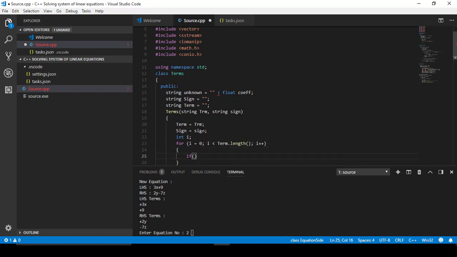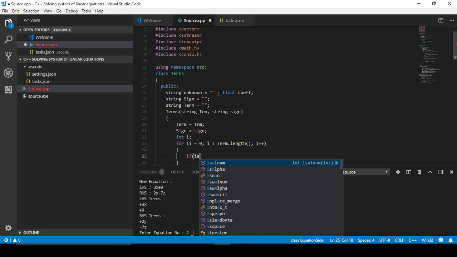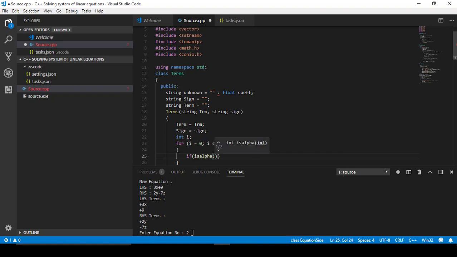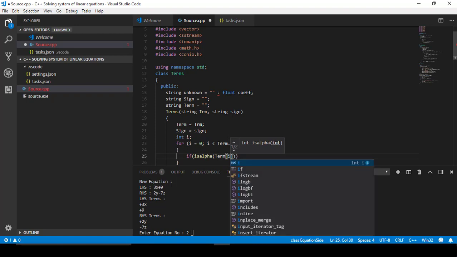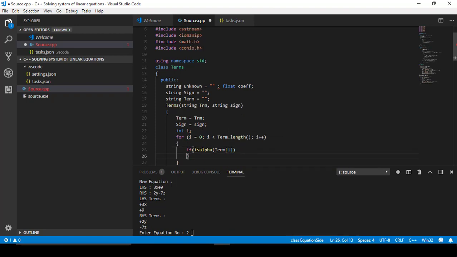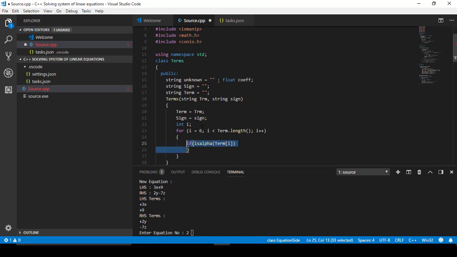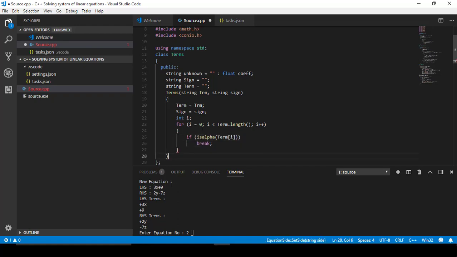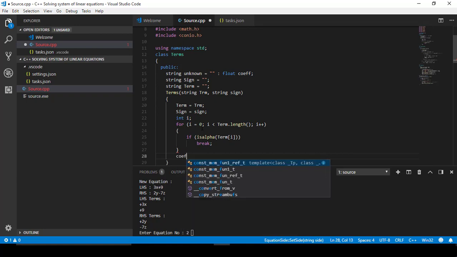If this term of i, or this character we are iterating at, is alpha, we will break at that point. So we found the order of the unknown, and the coefficient will be equal to